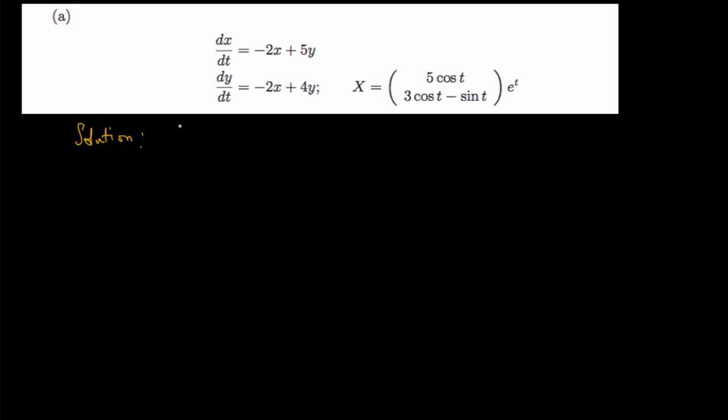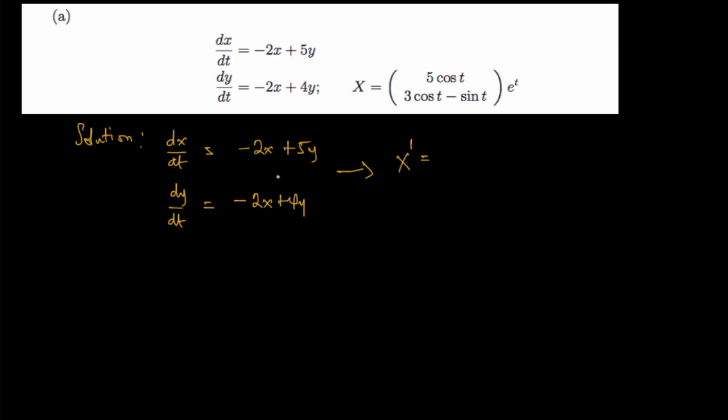So we're given dx/dt equals minus 2x plus 5y, and then we're given dy/dt equals minus 2x plus 4y. So now how do we go about this? The very first thing is, when you write this in matrix form, what you have here is x prime